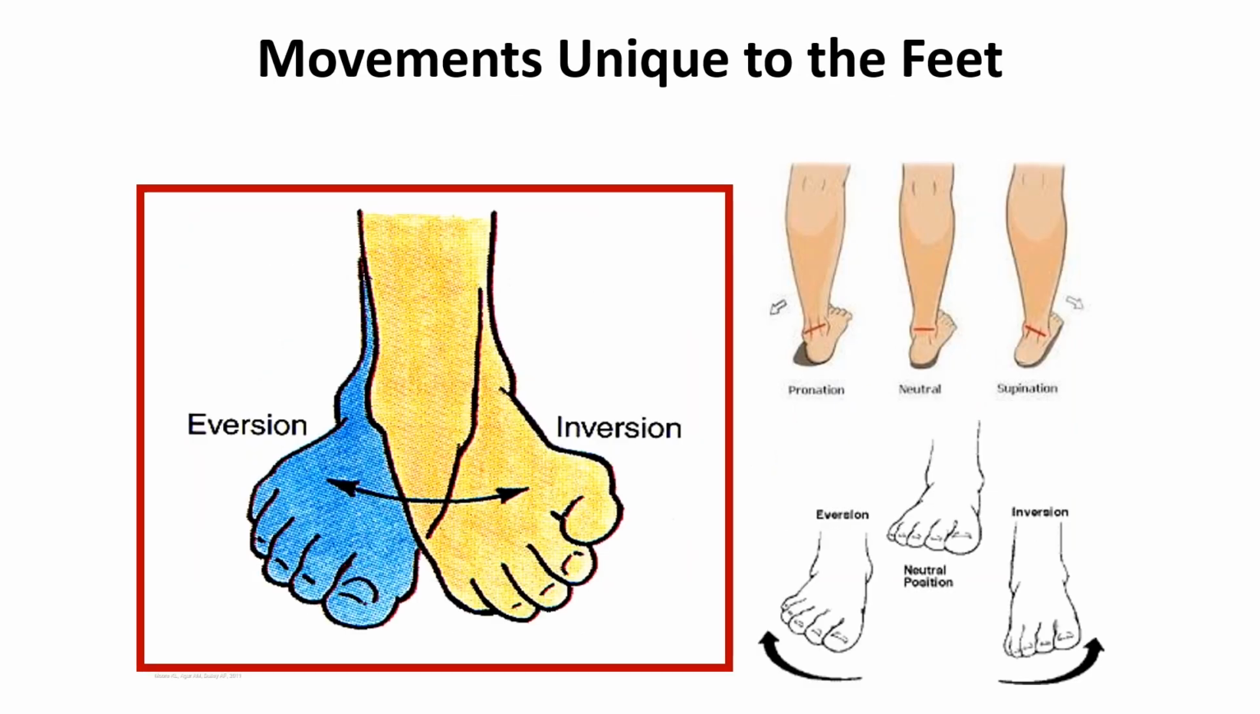Movements unique to the feet. Inversion and eversion. These movements involve the rotation of the foot around its longitudinal axis, which runs from the heel to the toes. Inversion turns the sole inward towards the midline of the body. Eversion, the opposite movement, turns the sole outward